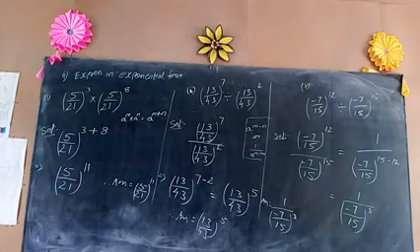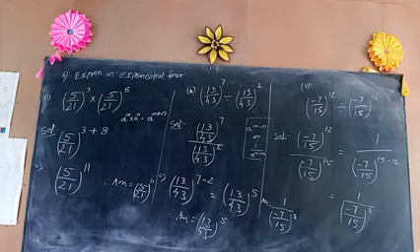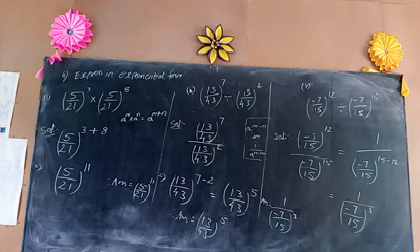So with this, today's class is completed. Repeat each and every formula once. Read out those formulas, apply those formulas and do them once. Particularly, when we have to apply the formula, we have to check whether the bases are same or not. If bases are not same, we should not apply that formula. Then what do we have to do? We have to expand it, multiply and do the sum.